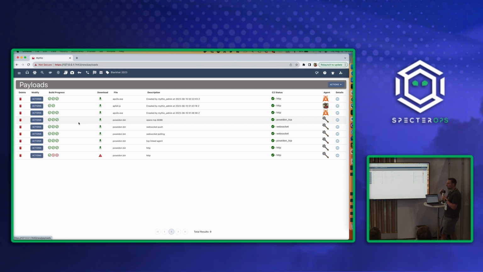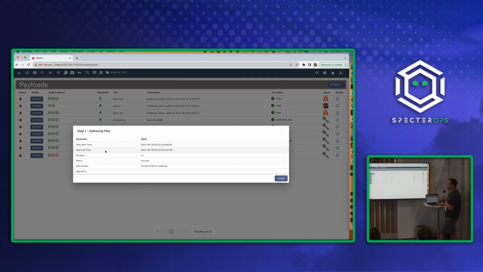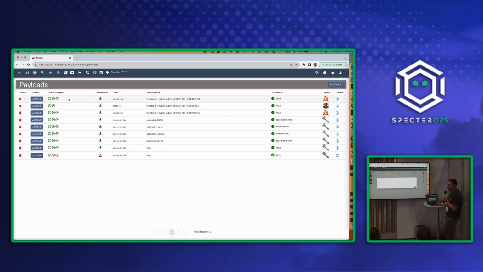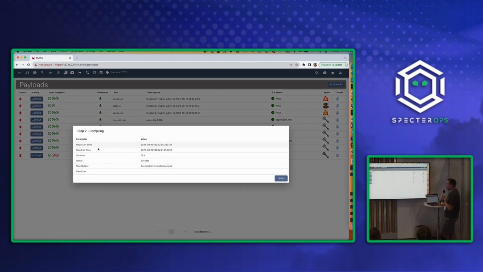Not every agent takes the same amount of time to build, right? Building an obfuscated Golang agent could take a long time versus just a PowerShell agent. They're just like stamping files together. So as part of that, you can create this build progress that dynamically updates during build time. And so you can see this step succeeded. It found all the files it was looking for to even be able to do a compilation in the first